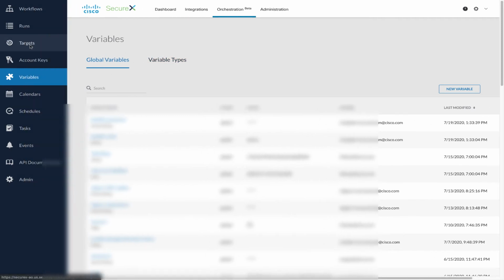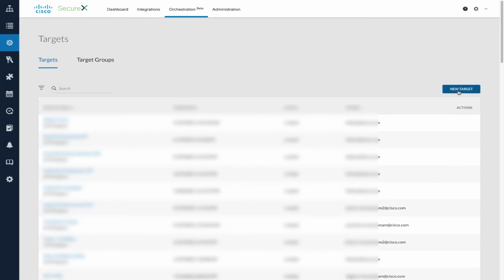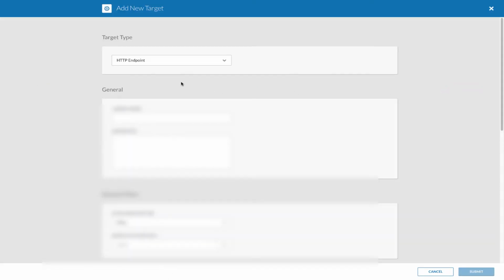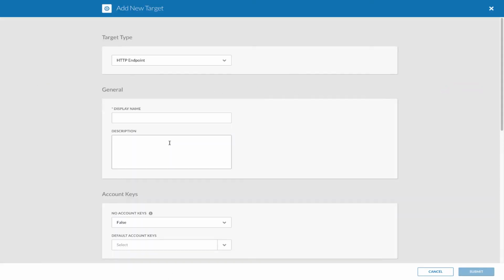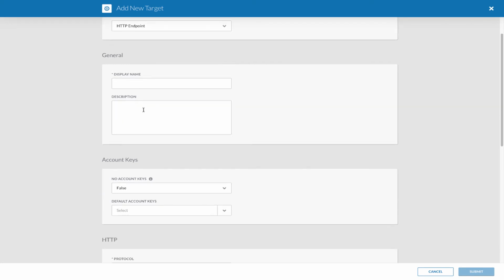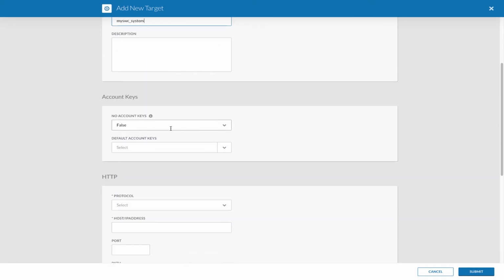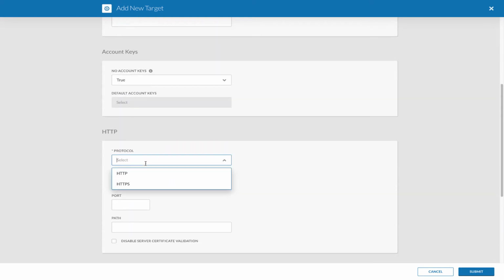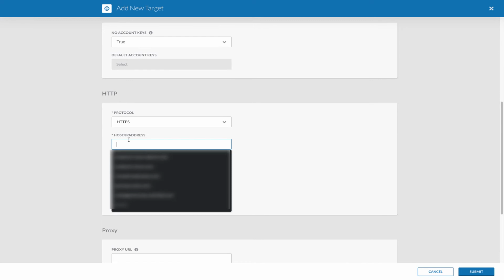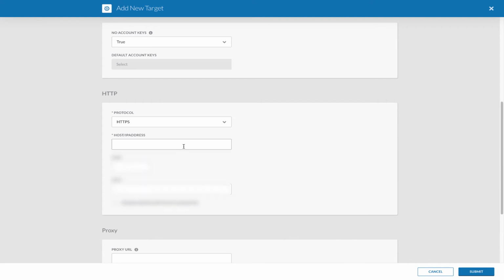For Stealthwatch Cloud, you go back to targets, you specify a new target. It also has to be an HTTP endpoint. In this case, also my SWC system. I'm going to say also the account keys has to be no account keys by default. The protocol is also HTTPS. The host address, this one is going to depend on your